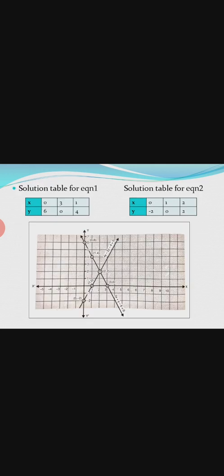Now when I plotted these points, I got another straight line, but in this case both the lines are going parallel to each other. They do not intersect at any point. So this is another possibility where the lines will go parallel to each other. Let us see the next case.